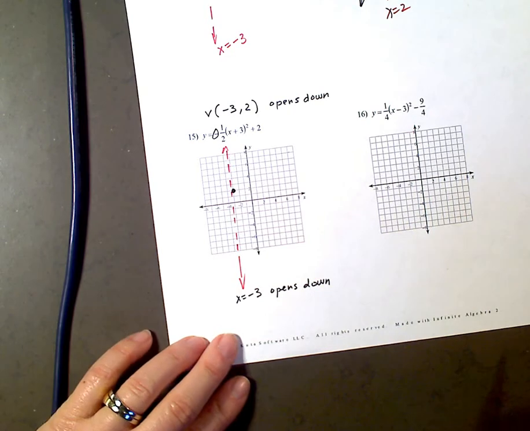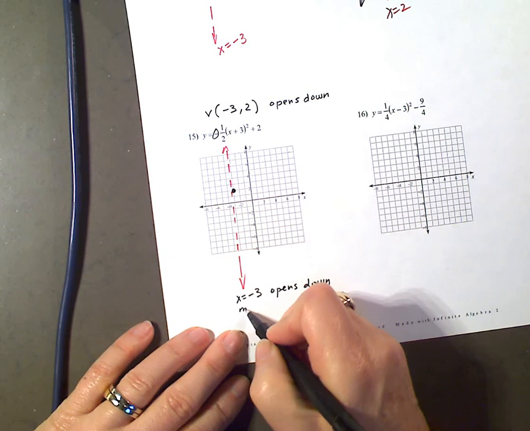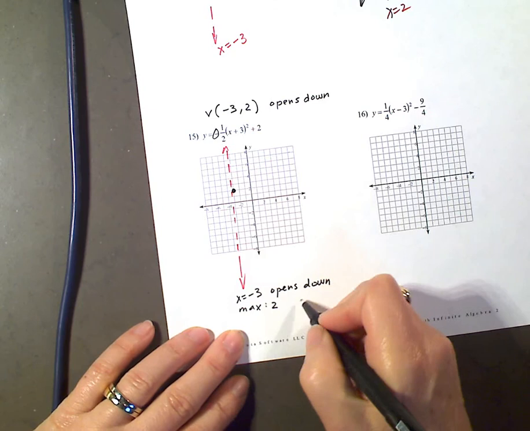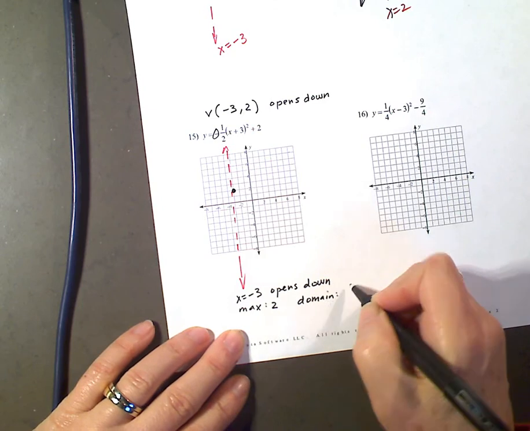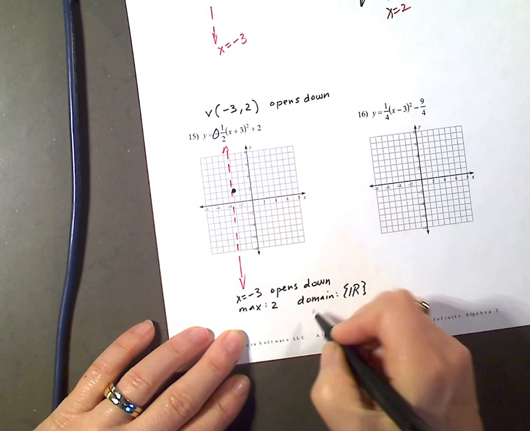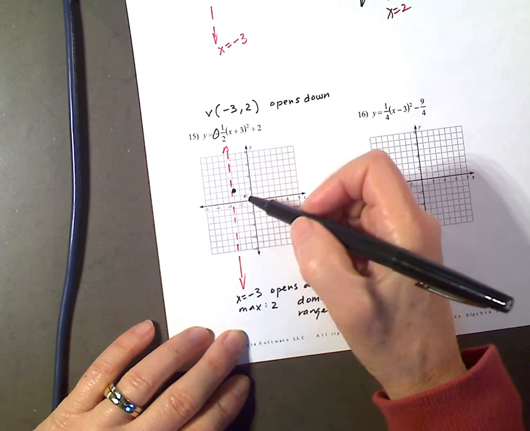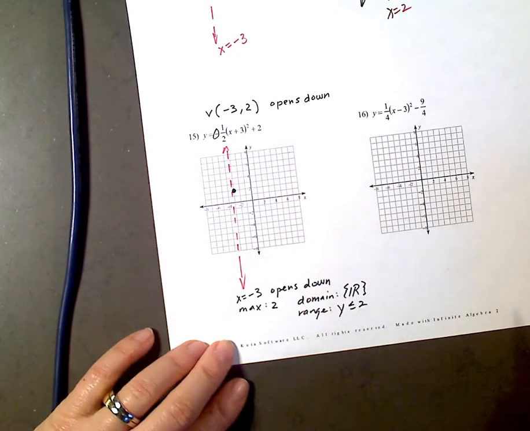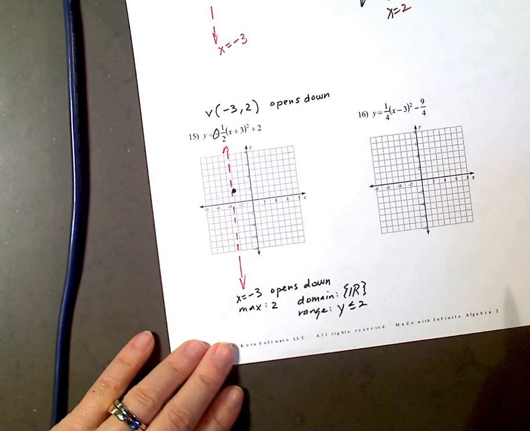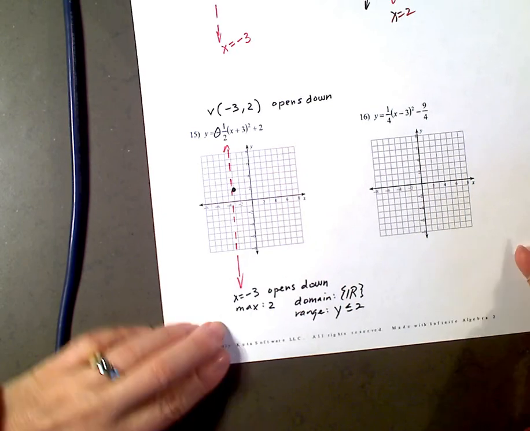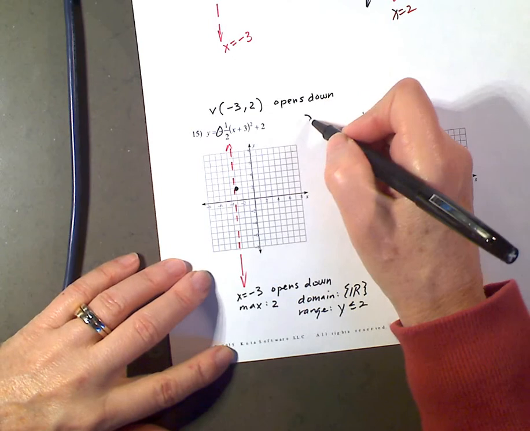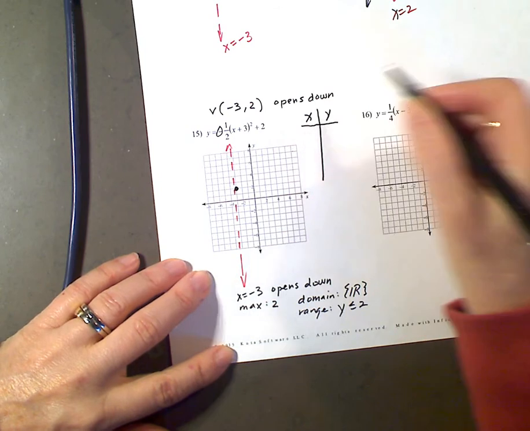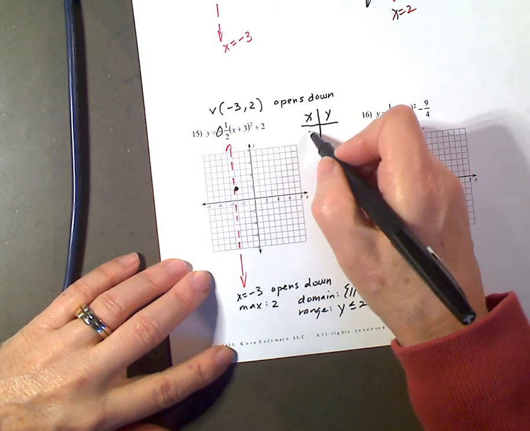What else do I need? The max value is at +2. The domain is all real numbers. The range is opening down, so y will never be above 2, so y is less than or equal to 2. And then let's look at the y-intercept. So for the y-intercept, if I set x equal to 0 and solve for y,